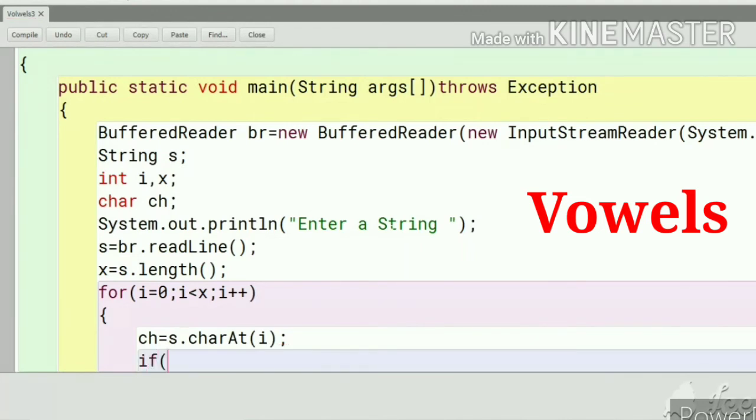So if ch, that character, is equal to the vowel in single inverted commas 'A', or we'll write this one, we'll copy this one.